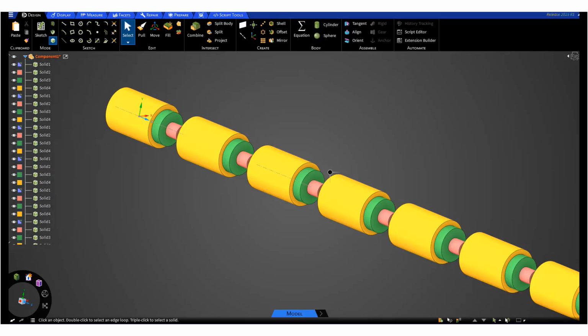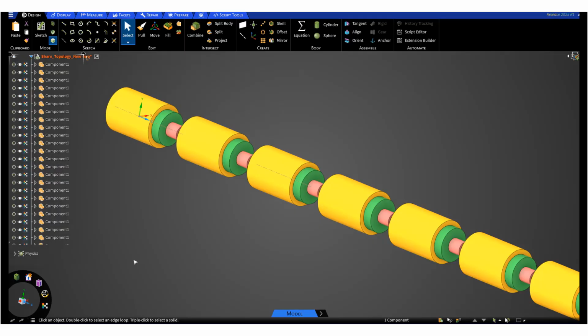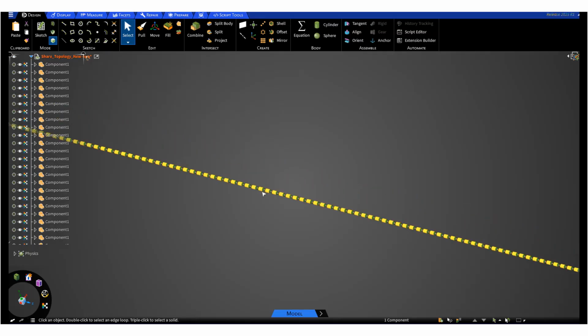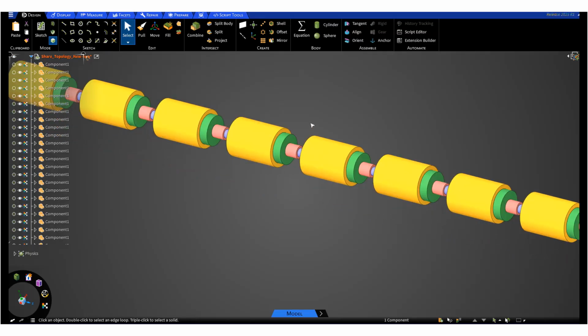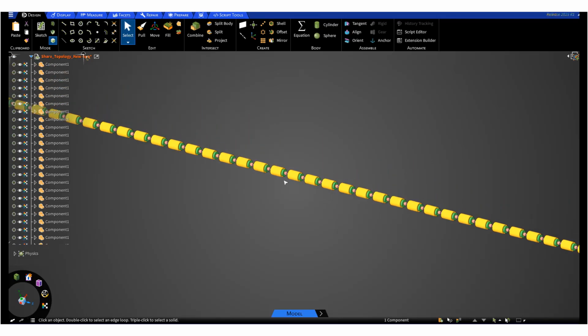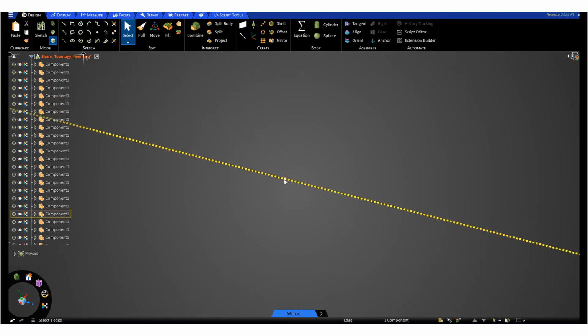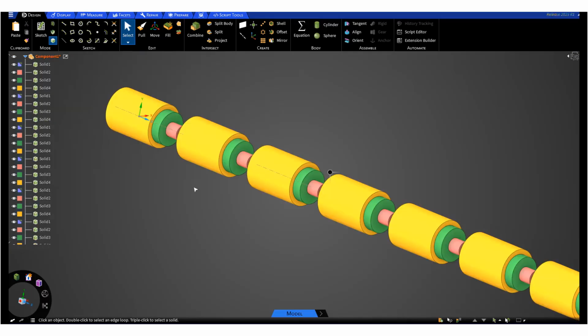When we have a very large model like this one, as you can see, with hundreds of these bodies together, then the time for sharing topology is something we need to take care of, say for example when we have thousands of faces or edges that need to be shared between contacting bodies. So one way to speed up the